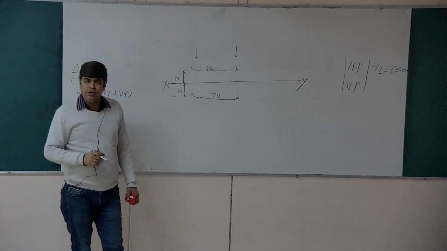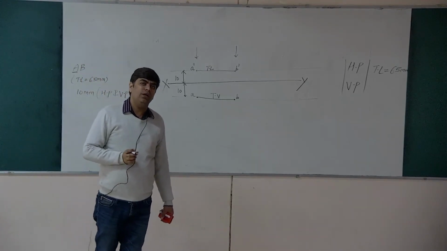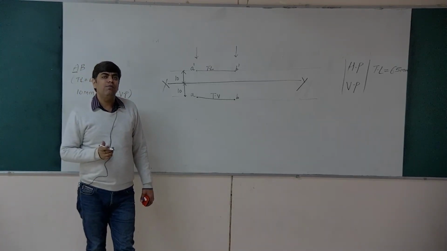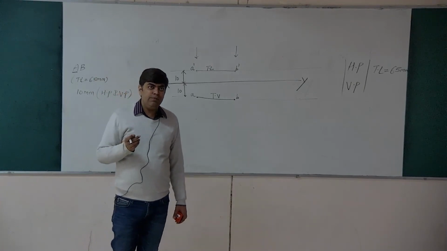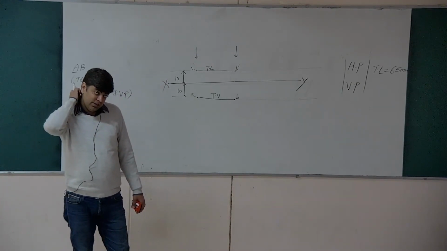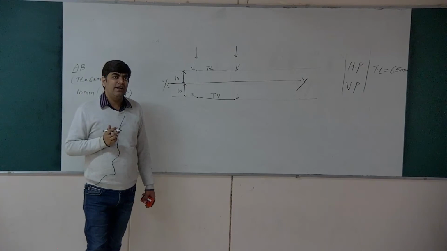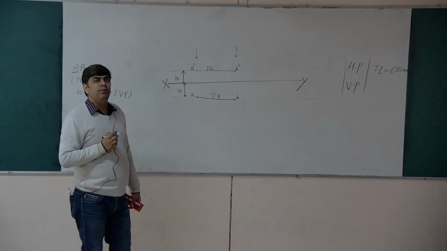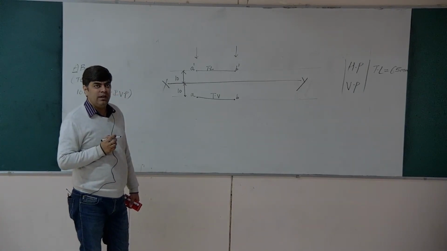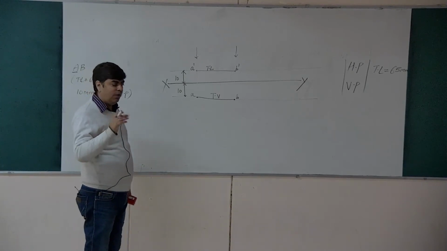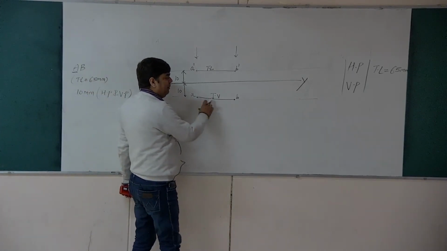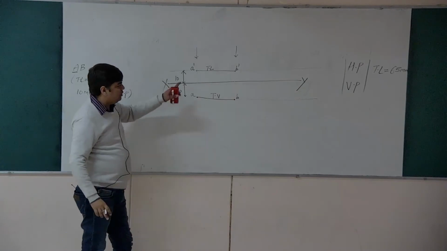Now how to distinguish between front view and top view? It is on the basis of the designation of symbols or letters. If you have the front view, then the letters or symbols in the front view are designated as a dash, 1 dash, like this. So superscript dash. And in the top view you have your AB or 1 2. So this is your first step.